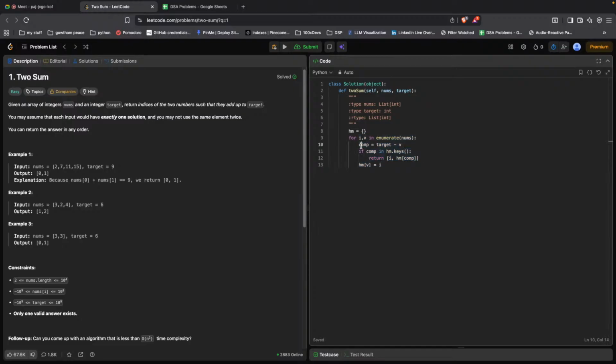Complement, for example, if our loop is running here, we have the value as 2, the complement would be 7. So we are checking if this 7 is already available in this dictionary. For now, the dictionary is empty, right? So this if case would fail. And what are we adding to this dictionary? Remember, I said it's key value pairs, right? The key we are adding is the current value, so I'll be adding 2 and a 0 here